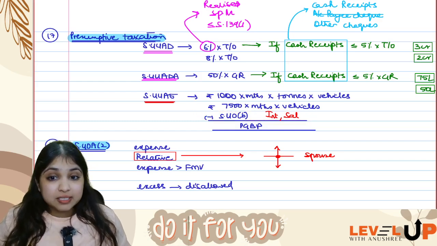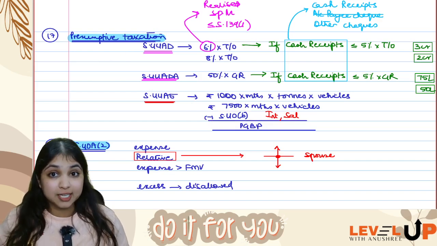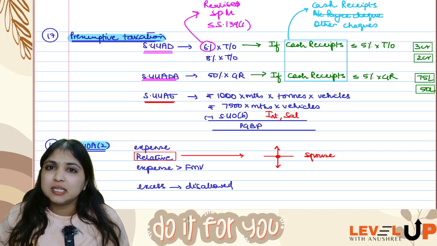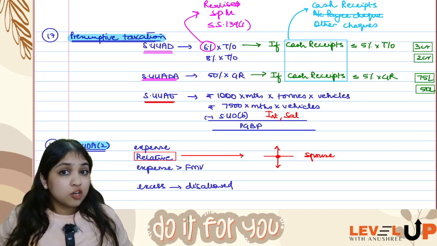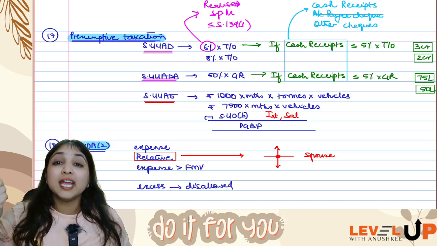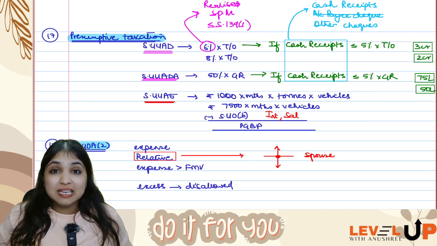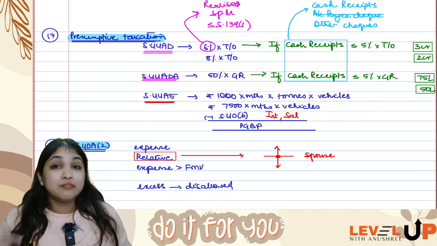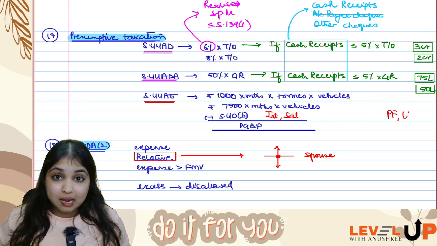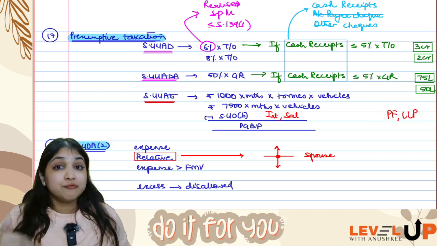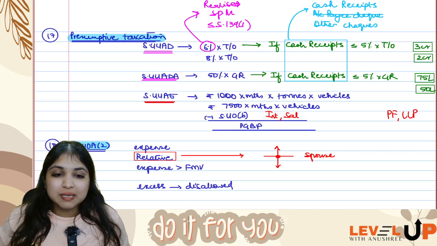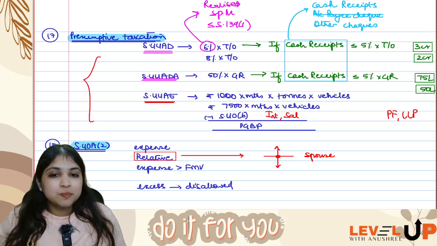You don't have this deduction in 44AD and 44ADA. In 44AD, straight away 6% or 8% of turnover, story over. 44ADA, straight away 50% of gross receipt, story over. In 44AE alone, you are allowed to avail the section 40B deduction. So if the assessee happens to be a firm or an LLP, whatever interest or salary they've paid to the partners under section 40B, that also they can allow. Okay, so this was presumptive taxation.